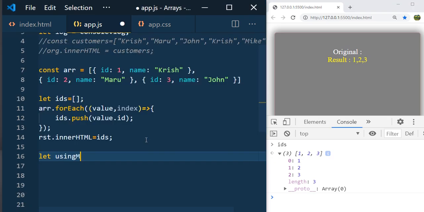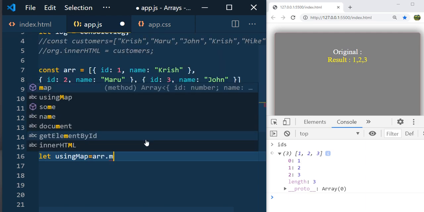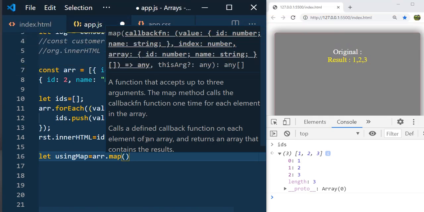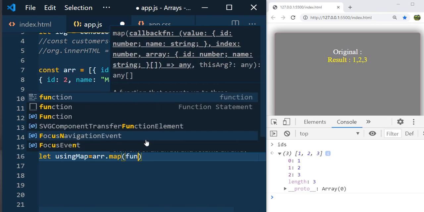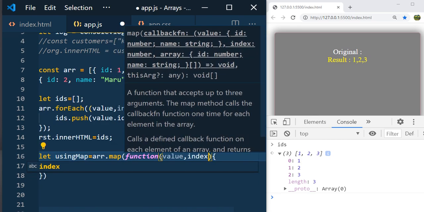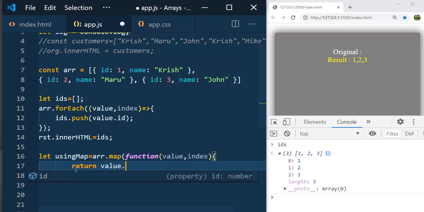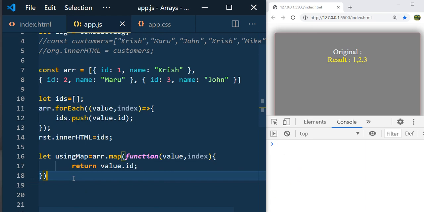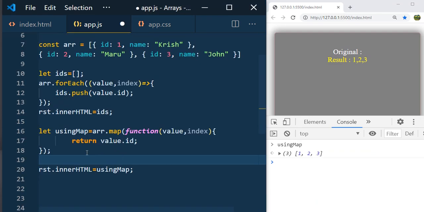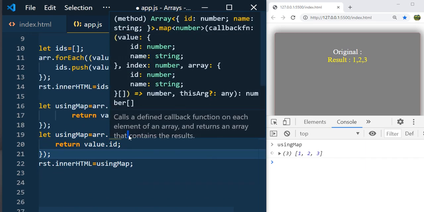Say let map is equal to arr dot map function, and the same as forEach, this method will also take the callback function, which will accept the value and index. So in map, you write the function, and this one will take, as I said, value comma index. Here what you have to do is just return value dot id, and if you go and print using map, you get the same result. You can see the same thing here, and you can even make it simpler: take the same thing, copy and paste, and use the ES6 way,